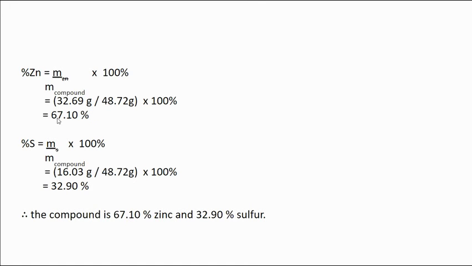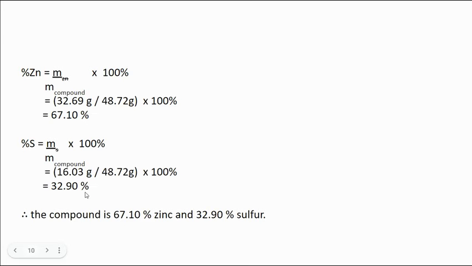So I've rounded it to 1, 2, 3, 4 sig digs. Then I want to find the percent of sulfur. So what I've done here, again, same formula, just swap out the zinc for sulfur. And then I'm going to divide the mass of sulfur in the sample by the total mass times 100,